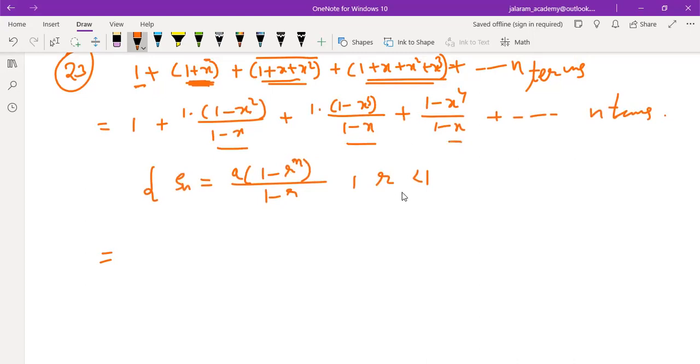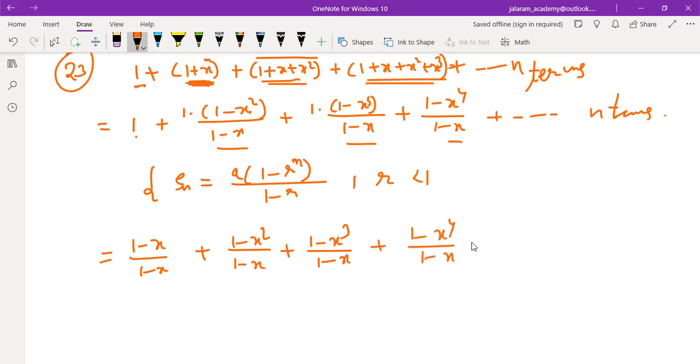The denominator of each term is 1 minus x, and in this 1, there is no denominator. So if we write this 1 as 1 minus x upon 1 minus x, we can write it like this: 1 minus x over 1 minus x plus 1 minus x square over 1 minus x plus 1 minus x cube over 1 minus x plus 1 minus x to the power 4 over 1 minus x, and so on